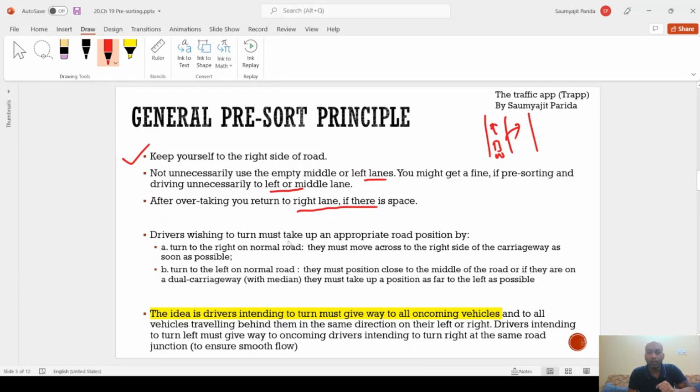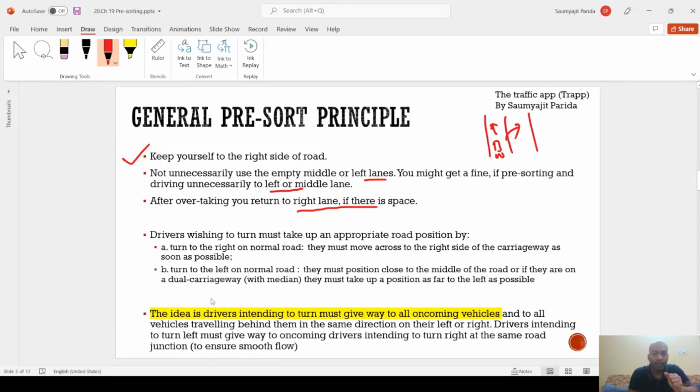Drivers wishing to turn must take up an appropriate road position. If turning to the right on a normal road, they must move across to the right side of the carriageway as soon as possible. If I am driving on a multi-lane road and I have to turn right, then I have to go to the right side of the road to do the maneuver. If I am going to turn left, then I must position close to the middle of the road,